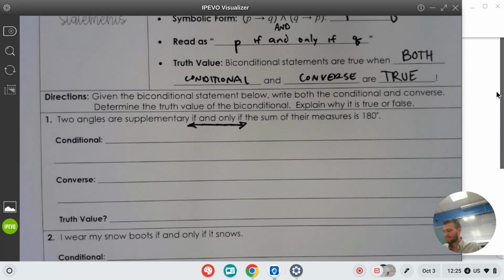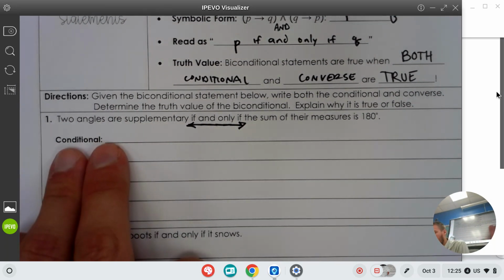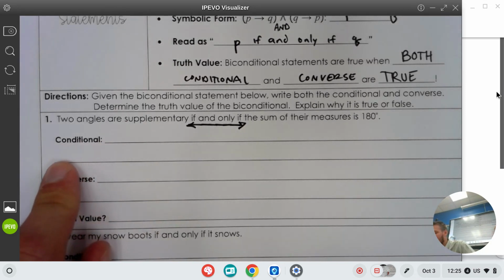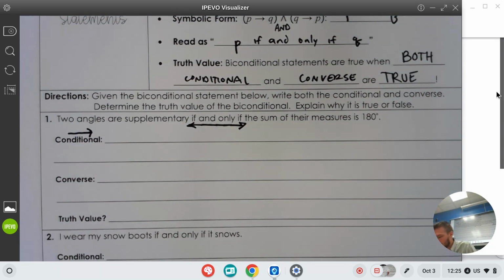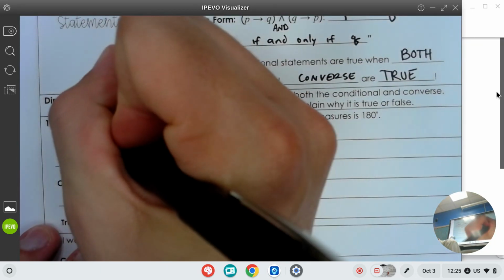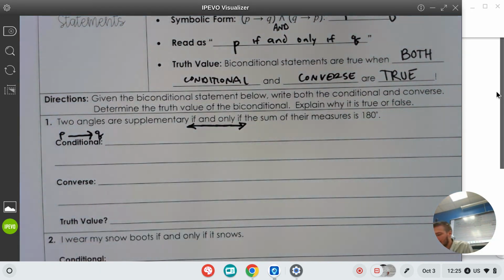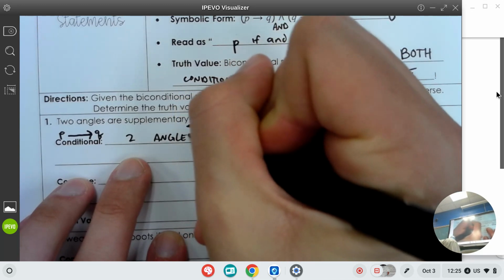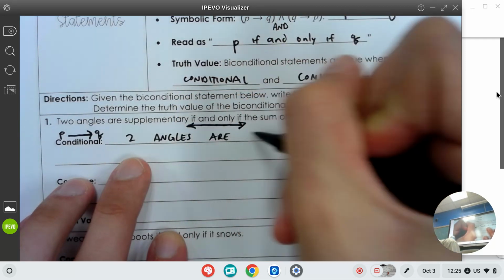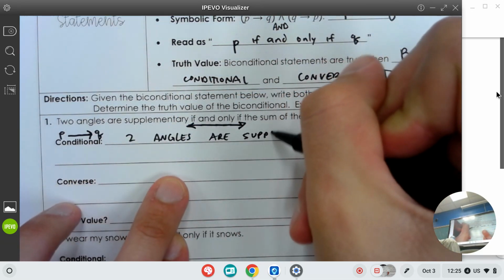Okay? So, the conditional is the forwards arrow. The conditional is the P implies the Q. Just the nice and normal direction. Okay? That is, two angles are supplementary